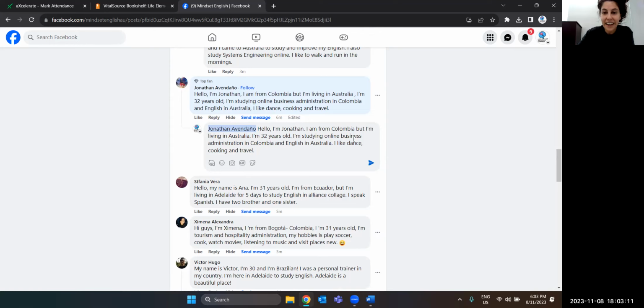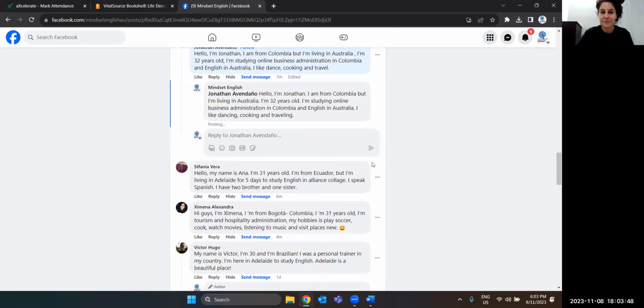Perfect. I like dancing. So whenever you have "I like," usually the activity is an -ing. I like dancing, I like singing, I like swimming. So I like dancing, cooking, and traveling. So you have to keep the actions in the same form. If it's an -ing, then it's got to be I like dancing, cooking, and traveling. Or I like to dance, to cook, and to travel. So make sure you use the same grammar when you talk about more than two activities. But perfect. I like dancing, cooking, and traveling. Good.